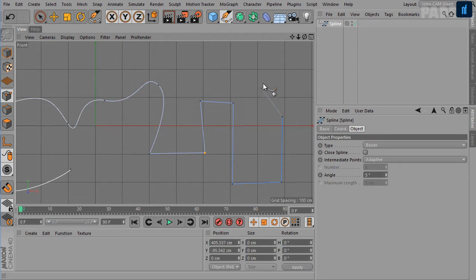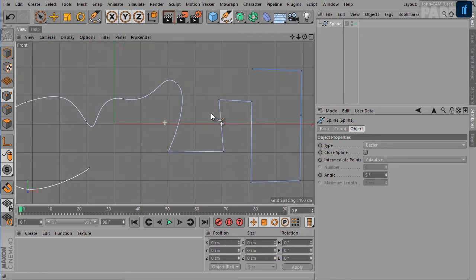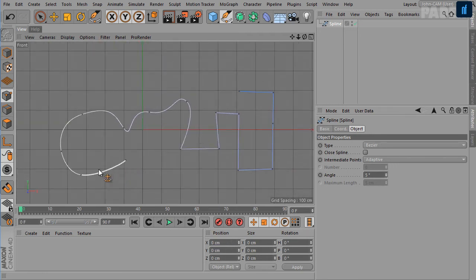Press Ctrl and then you can continue drawing the spline. Here notice that we have a gradient going from white to blue. White indicates the start of the spline and the blue represents the end of the spline, and this gradient fades from white to blue.